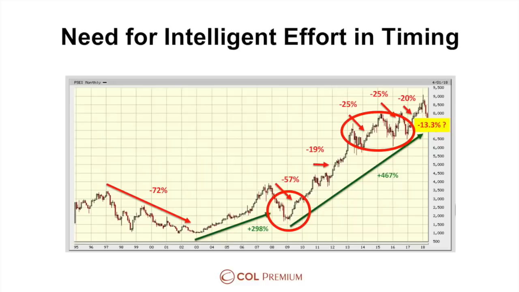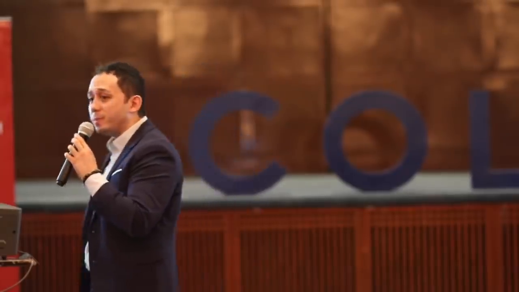We have used technical analysis to sidestep this drop, the next 25%, and this 20%. Even just recently, we used technical analysis to liquidate the majority of our positions in early February. Right now, the market is 13.3% down from the peak. So the market's in the red while we're still sitting in a relatively healthy, positive position for the year.